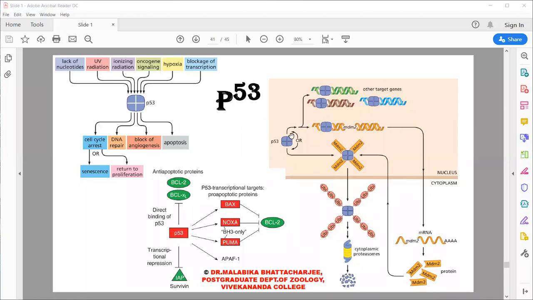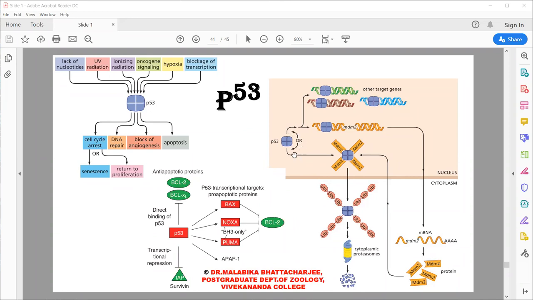Just see, if a p53 protein is translated and is present in the cytoplasm. In normal condition, p53 has a very small half-life, and you can see p53 binds with MDM2. MDM2 then ubiquitinylates p53. p53 is sent to degradation into the proteasome, where p53 is degraded. Mind it, if there is lower level of MDM2 in the cytoplasm, and suddenly the p53 expression has increased, p53 has an auto control regulation loop.